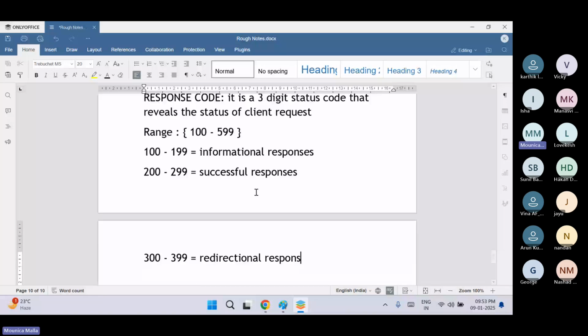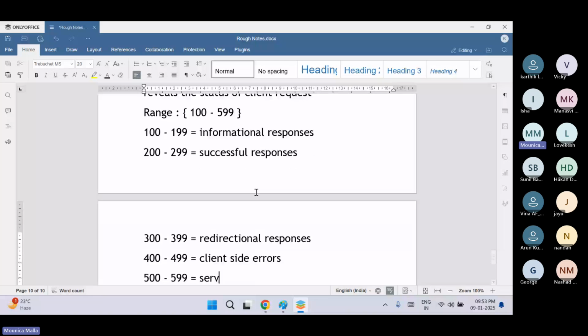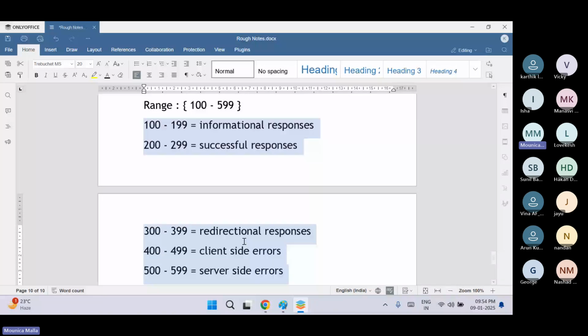Anything that falls between 400 to 499, we call client-side errors. And 500 to 599, we call server-side errors. These 5 things we have to remember for sure. So when you're doing API testing, your response code will be some number between 100 and 599. Accordingly, we have to be quick enough to say our request failed or passed or redirected or client error or